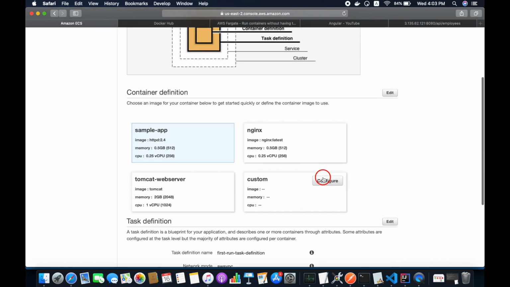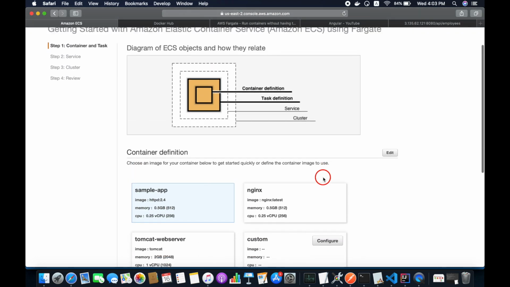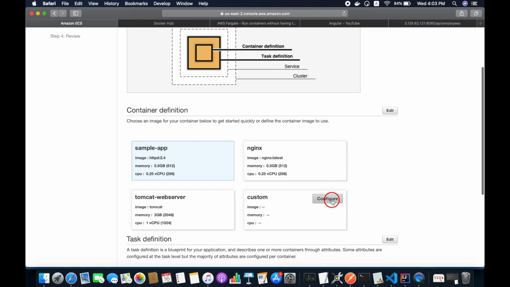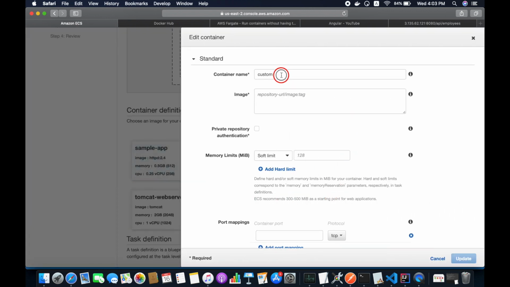Go to clusters again and click on get started. Again we need to configure one more ECS Fargate. Click on custom configure and define your Angular container name. I'm going to define it as Angular, and we have to define our image name here.